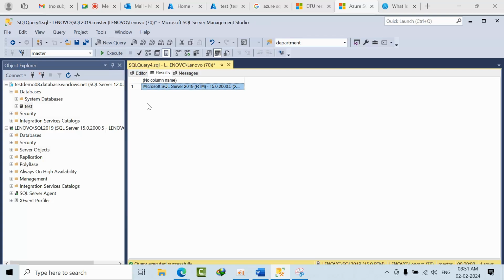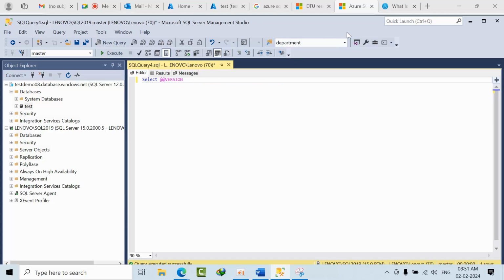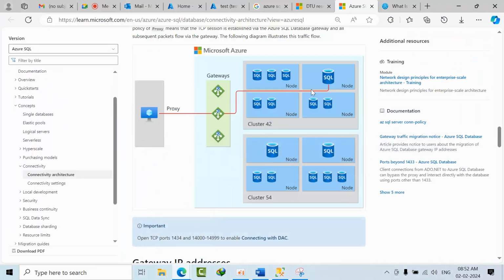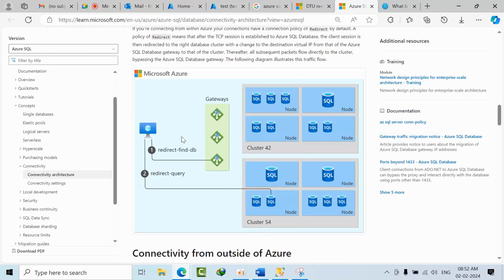It means I have connected to the SQL server, right? But when I open a new query and test again, it will again go to the gateway and then to the respective node. But in the redirect option, first time it will go to the gateway, and from the second time onwards it will go to the respective node. So this is how you need to answer.